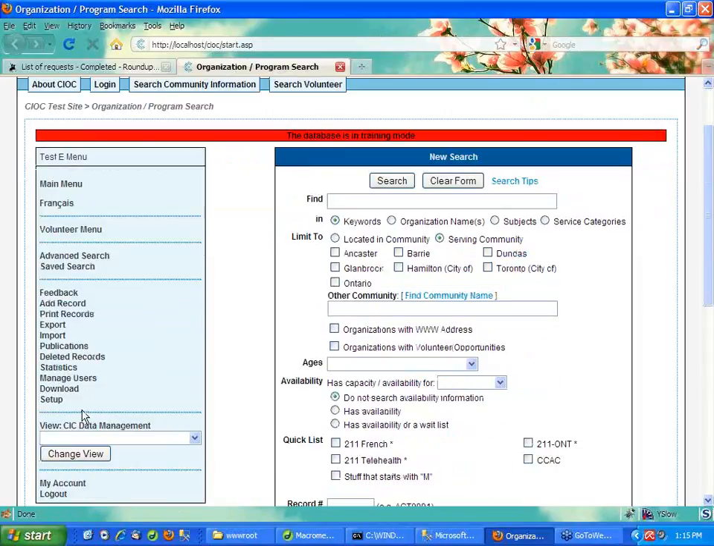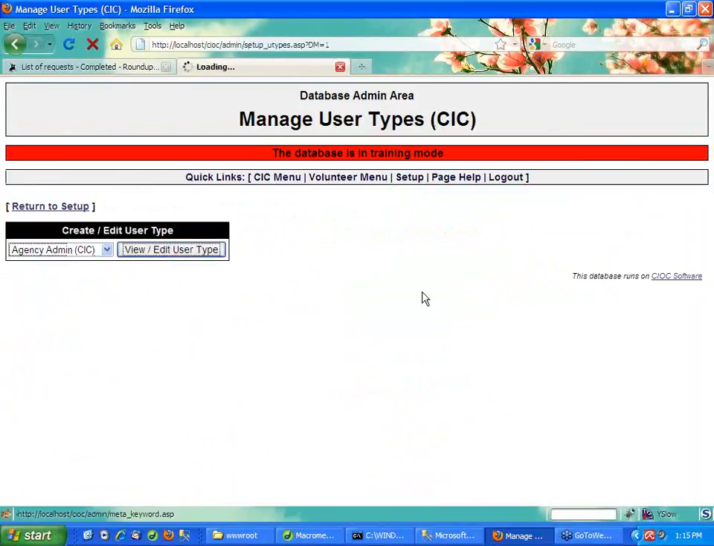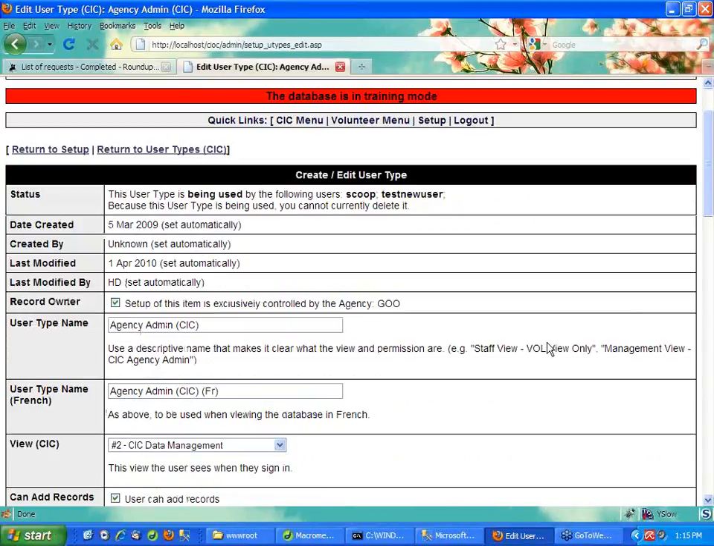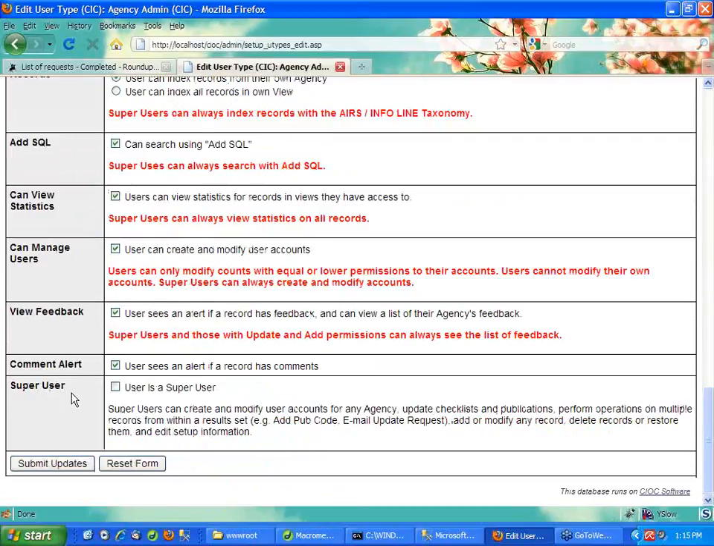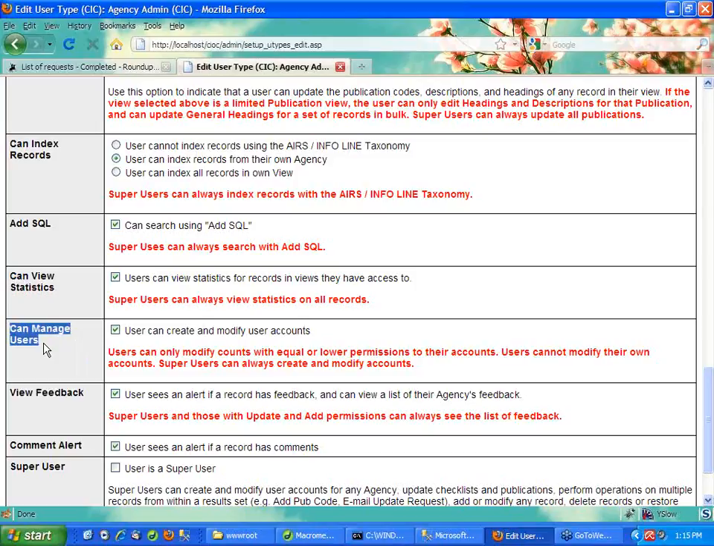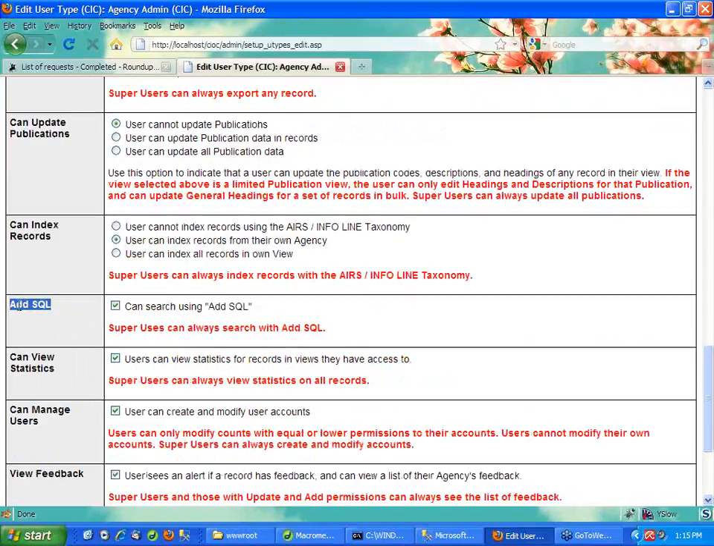So this only applies to super users. I'll go to setup and user type. So we used to have a little checkbox right above super user that was called agency admin, and that's gone. There is no more agency admin designation. Instead, we broke out the agency admin designation into all of the little parts that used to make up being an agency administrator. And that includes the ability to manage users for your agency, the ability to do add SQL,